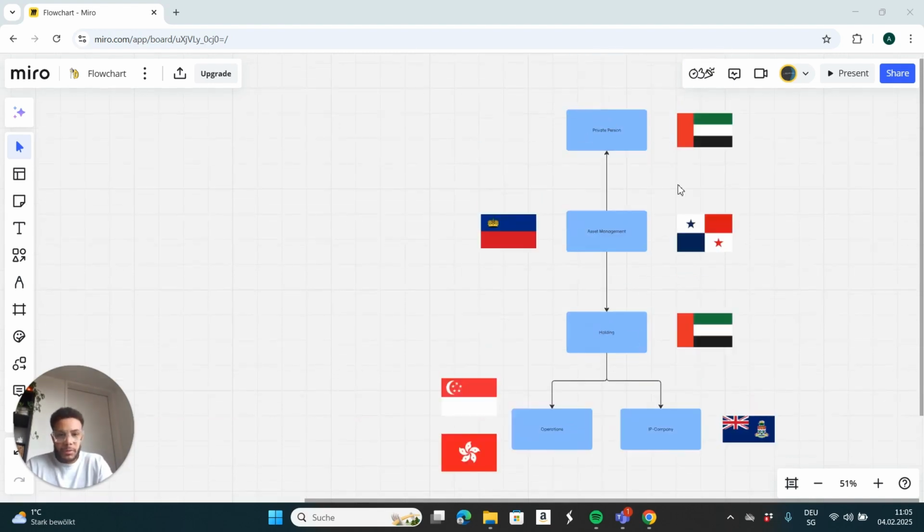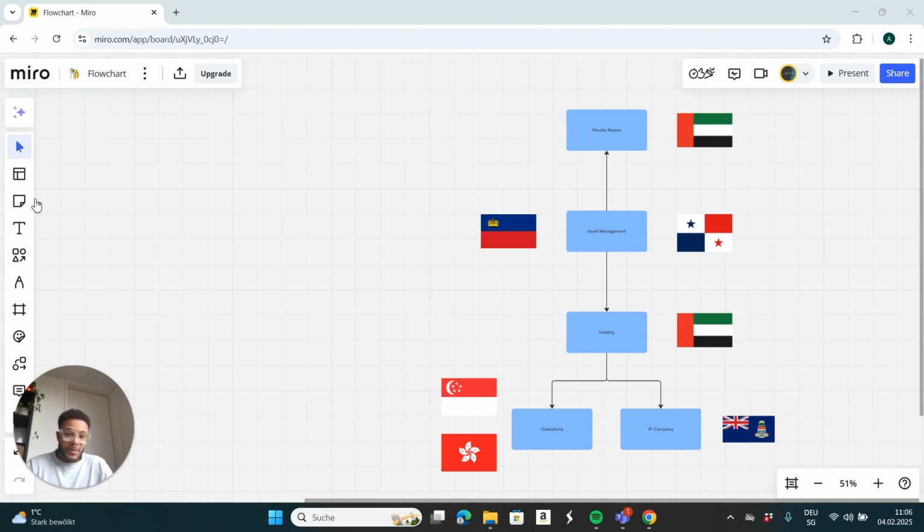So this is a basic structure. You would need to set it up with lawyers and additional experts in order to have it fully bulletproof. But this setup would cost you around 20 or 30,000 US dollars to set up. So it's not that big of a deal as many of you might think. And it's actually what a lot of big companies and rich people do in order to save taxes: set up an international structure. There are many more. This is one example of how you can do that.